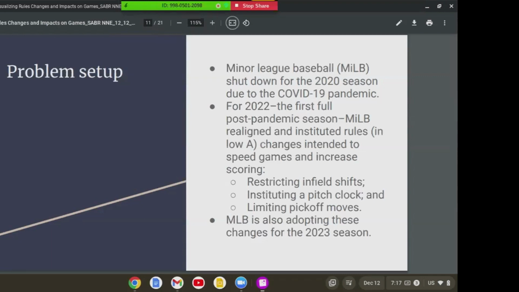A couple managers said that they thought it would be good, that there would be more scoring, there would be more base stealing. And so, we'll see what the data bear out about that, because Major League Baseball is now adopting these changes